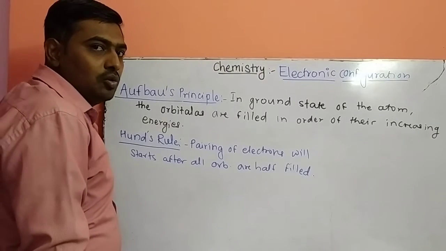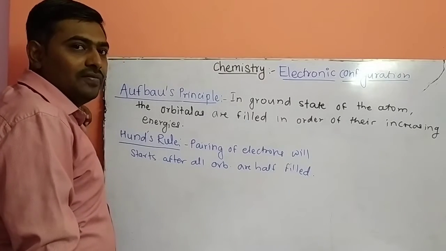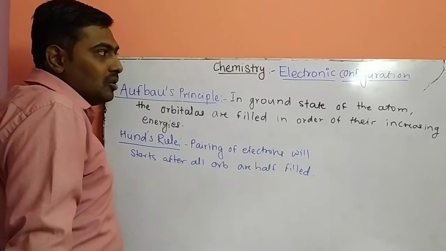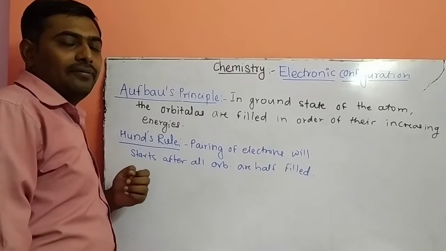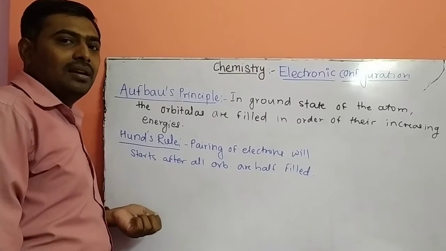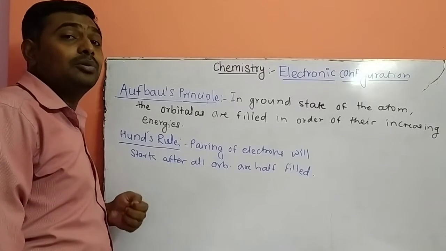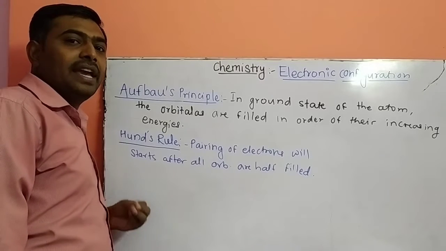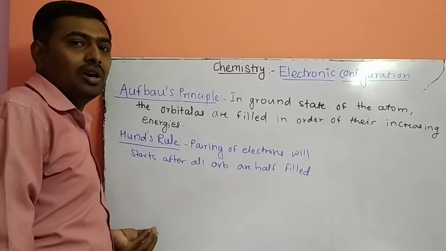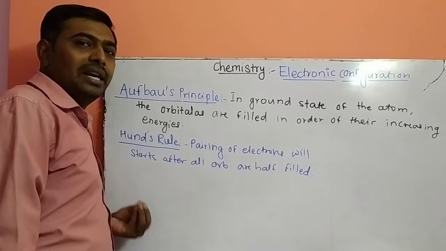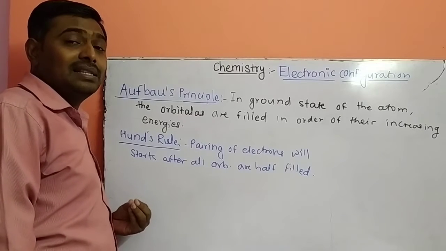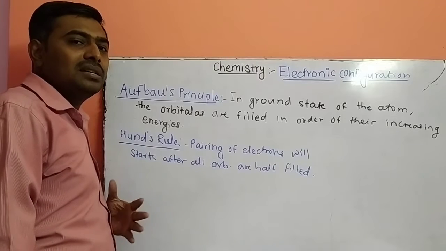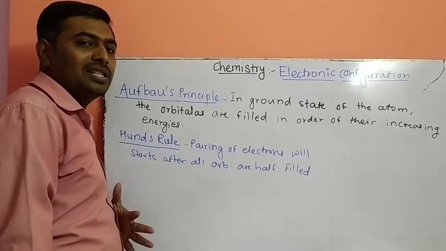Hello guys, in today's session we'll discuss the electronic configuration of an element. Why is electronic configuration required? Because when an atom contains different shells, the electrons are arranged according to their energy. To study any chemical reaction, electrons are involved. So the electronic configuration, or electronic distribution, is necessary in chemistry. We will discuss how the electronic configuration is written.